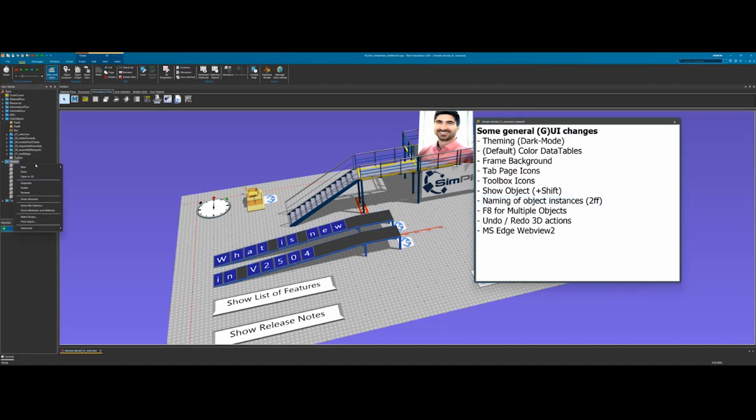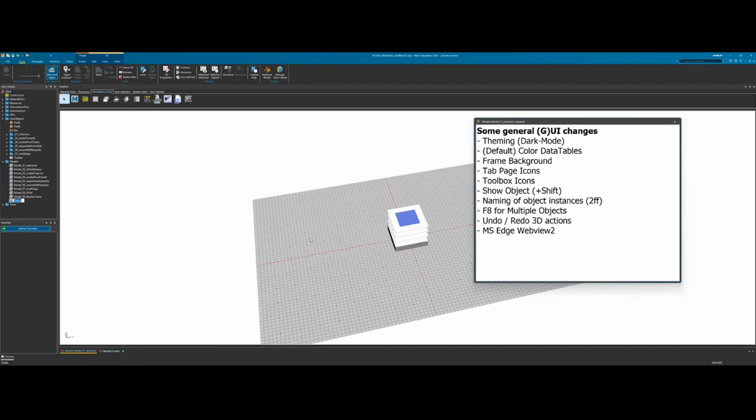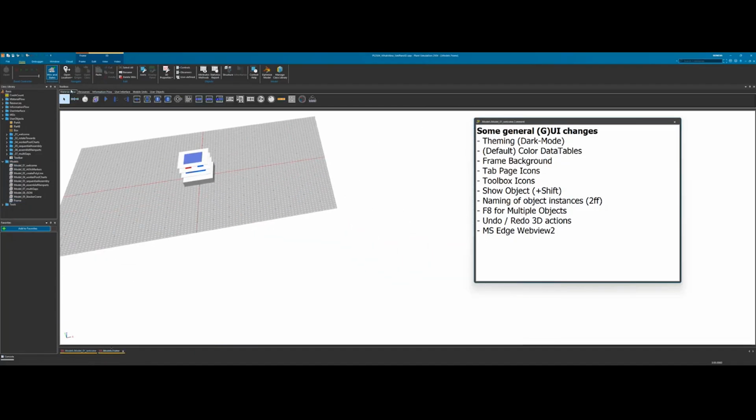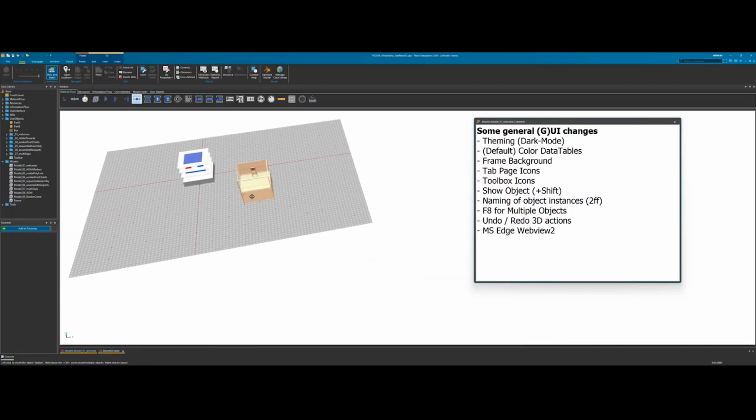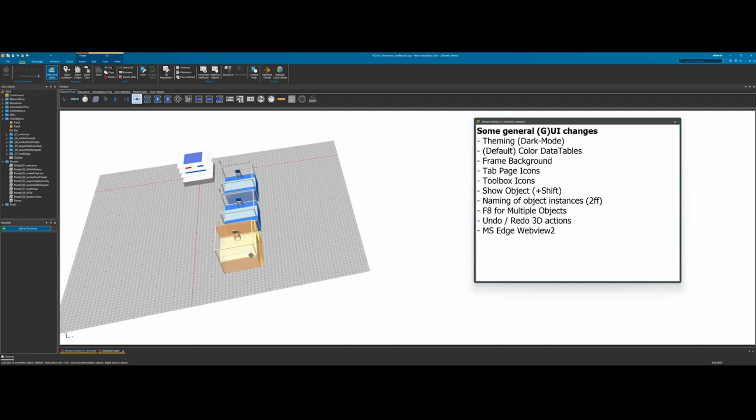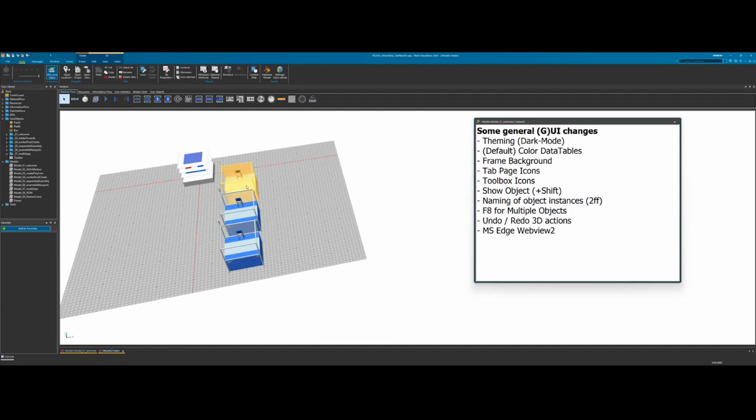So if you have a frame and then you start inserting objects like station, then you will see that as before, the first object that was inserted is simply named station. But now the second object is called station 2 and then station 3. And in the previous versions, this one would have been station, and then this station 1 and this station 2,